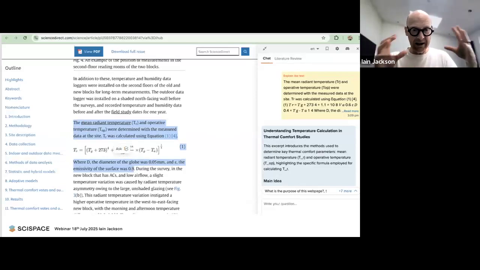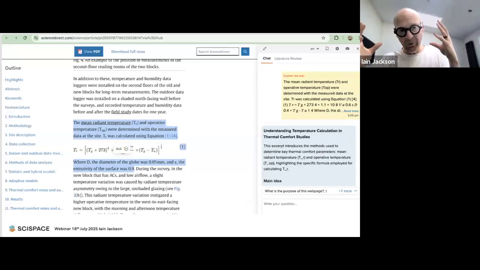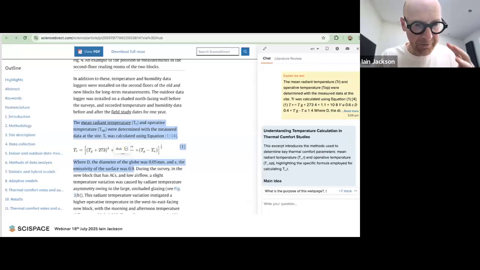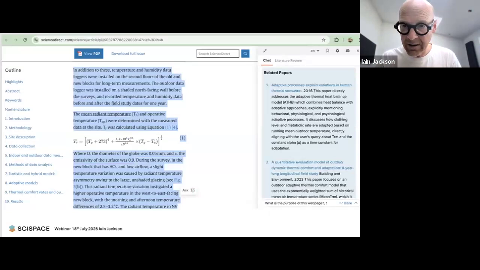So in the old days, you'd have to download the paper, you get really excited about it, then you download it, and then you save it in a folder, and you probably never go back to it, or you forget about it, and it becomes a waste. So there's always going to be concepts that you don't quite understand, or that you need a bit more help to develop the knowledge on. This is really good. I'm certainly going to keep this plugin to be my guide and to help me understand the papers I'm reading.